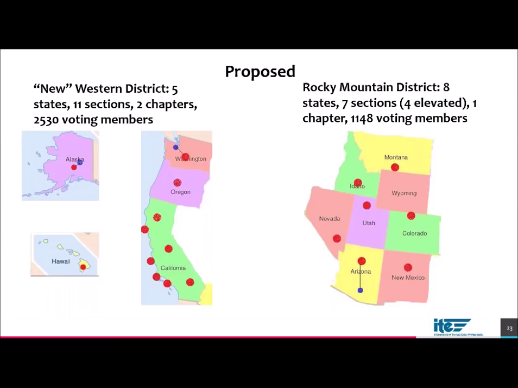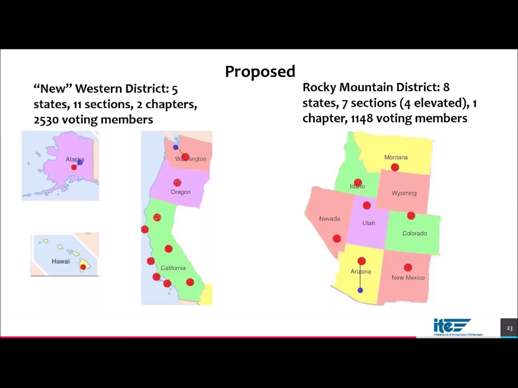We're currently in the process of meeting with and getting feedback from those boards, as well as from the sections in Oregon, Washington, Alaska, and California on what a future Western District, Rocky Mountain District, or some other options might look like, and what the impacts of that might be. So this is a work in process, but with 4,000 members, there's certainly an opportunity to